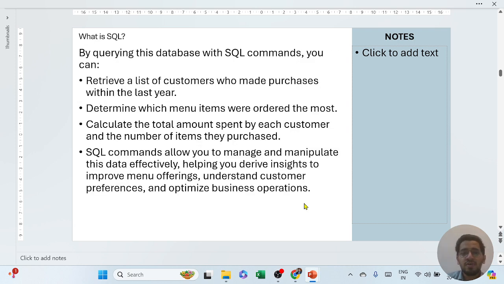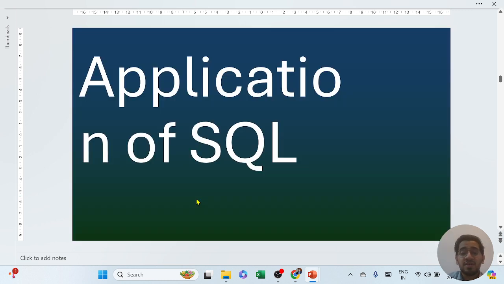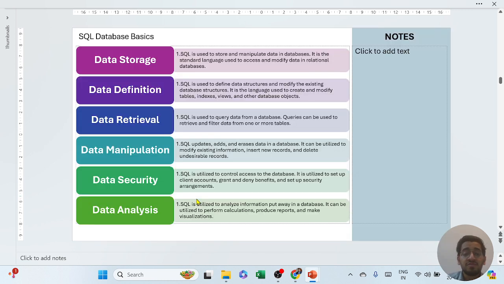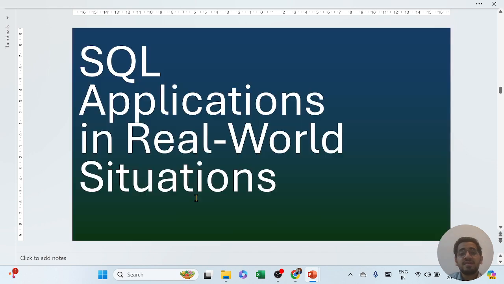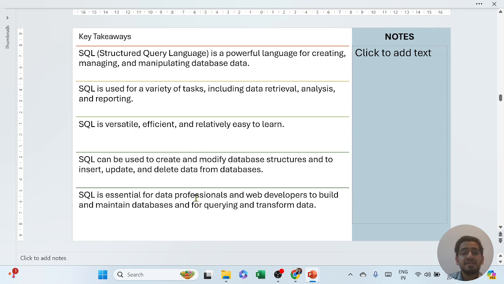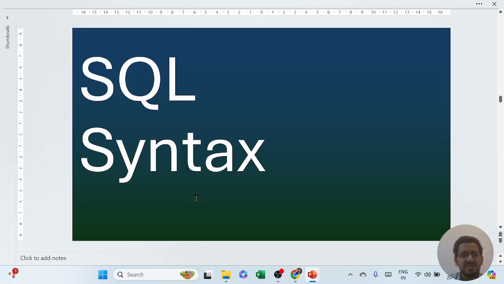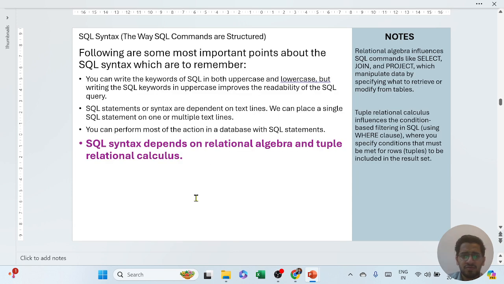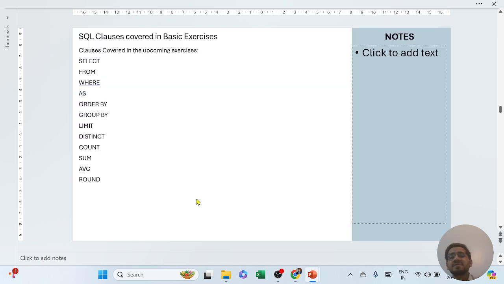So we understood a bit on what SQL is and how it works, what the basic commands and basic clauses are, and where and how you can use SQL. Then we directly started. I'll skip these basic theories that I've put in for reference. We had covered this in the class as well. I'll not go through all of these in detail right now, but we started with the basic exercises